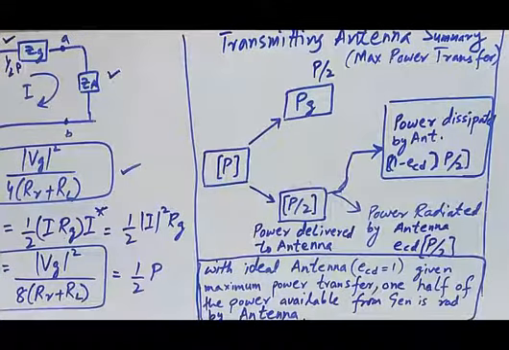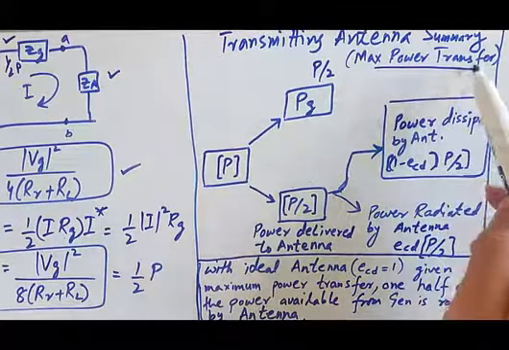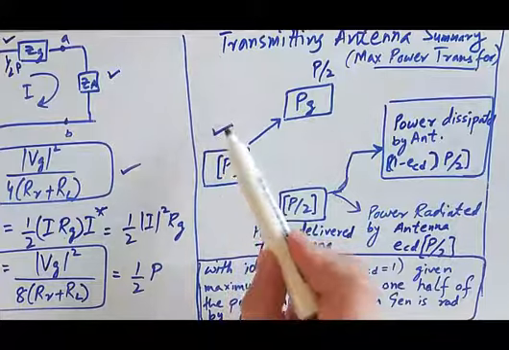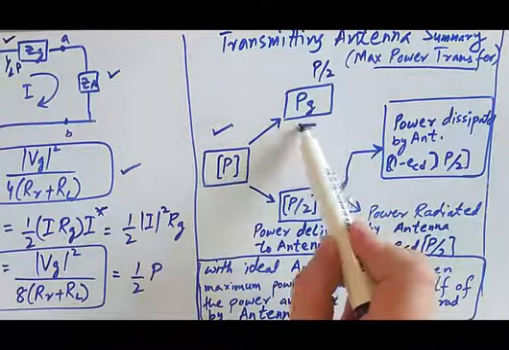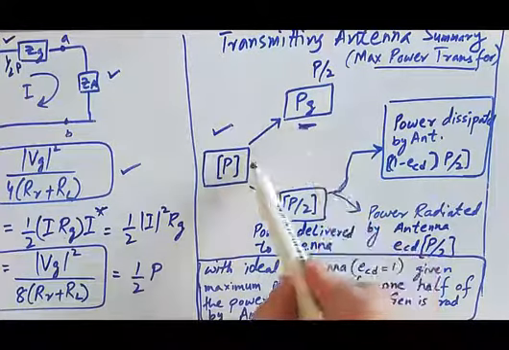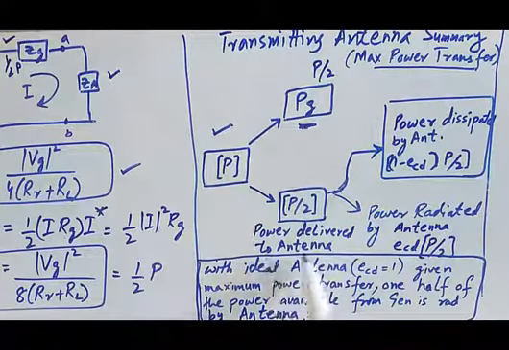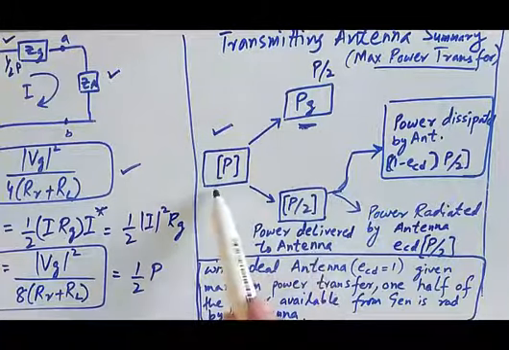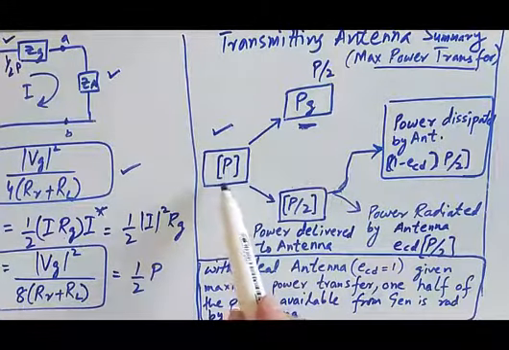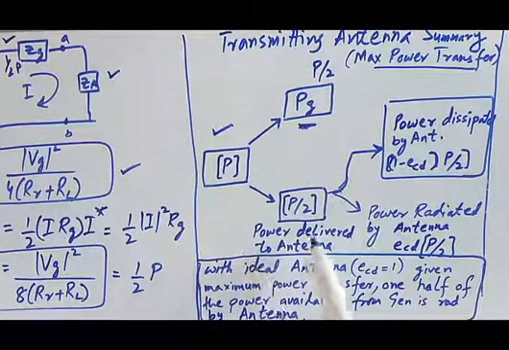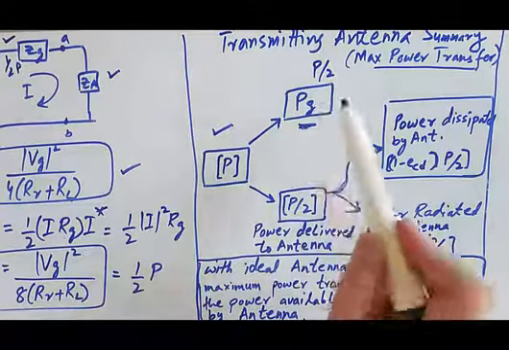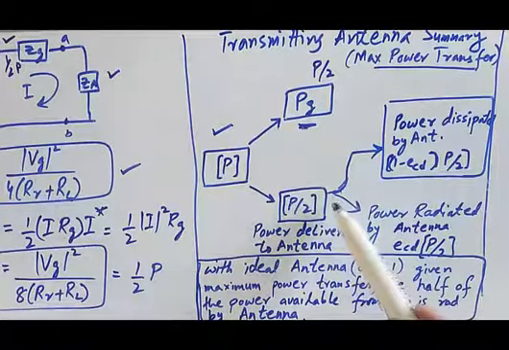So let us discuss the summary of the transmitting antenna system in the case of maximum power transfer. Initially we had P that is available from the generator, and half of the power was dissipated in the generator resistance. So it means that half of it was delivered to the antenna, in fact. So P was the power from the generator, and then P/2 is obviously available for the antenna when it is delivered to the antenna, because half is dissipated over there. And then when half is available, then half of